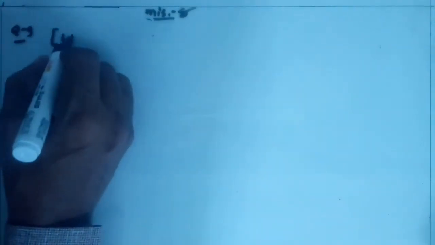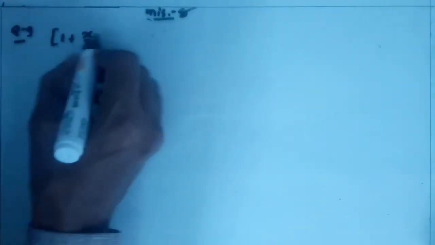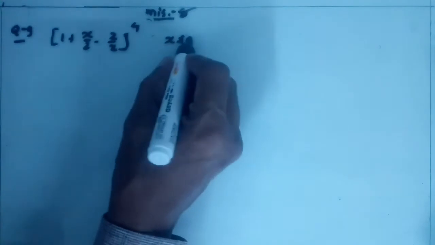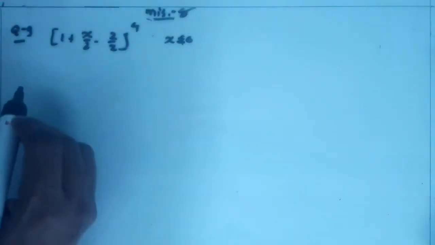Now question number 9. Expand using binomial theorem: 1 plus x upon 2 minus 2 upon x raised to 4. Here x is not equal to 0, that is the condition. We know the binomial theorem,